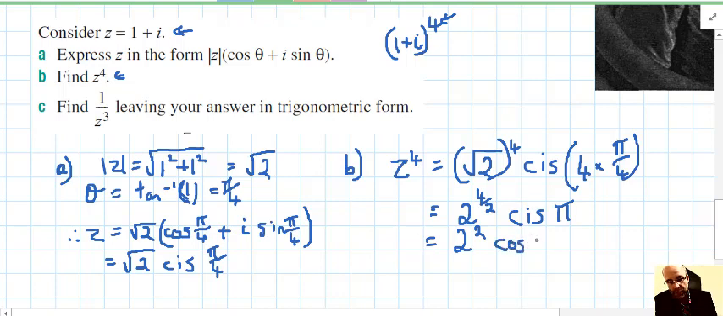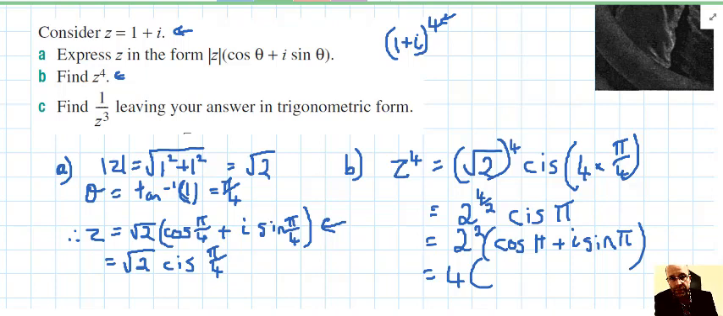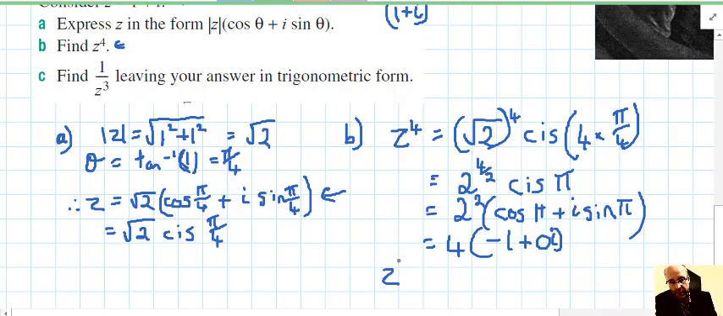cos, now we need to expand it back out, so you could have left it in that form the whole time, cos pi plus i sine pi, so 4 outside of. Now know your unit circle would be my advice here, you should know it. So cos of pi is negative 1, sine of pi is 0, and that's got an operator i on it there, plus 0i. So lastly, z to the power 4 equals negative 4 plus 0i, but I'm just writing the negative